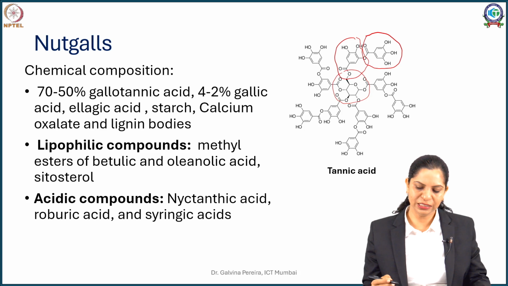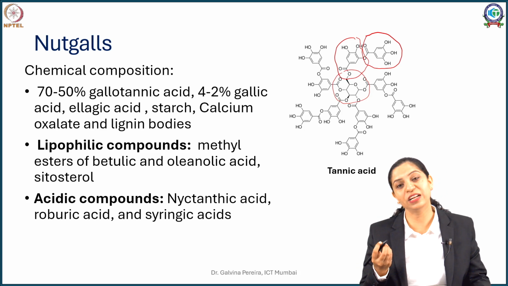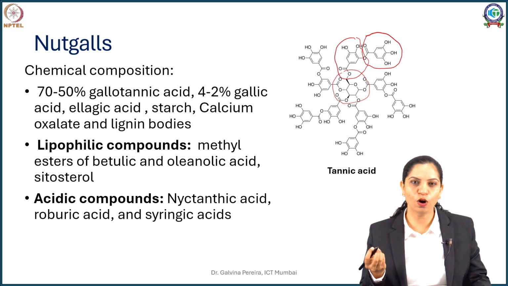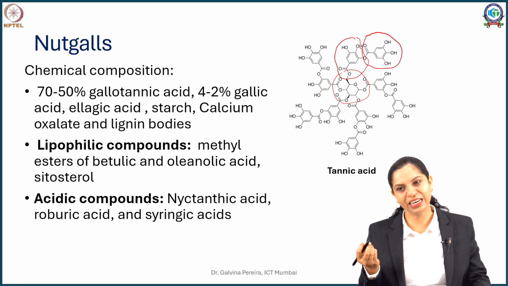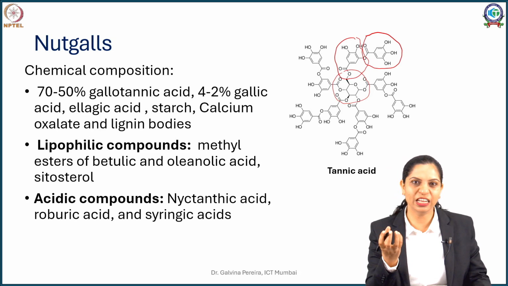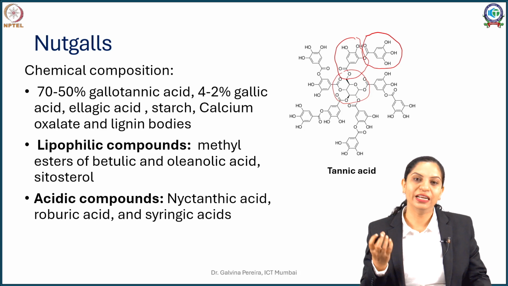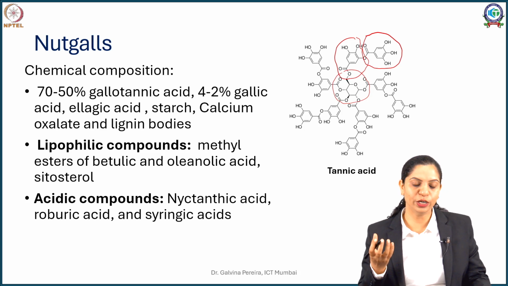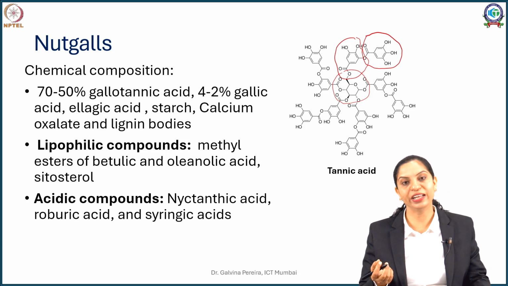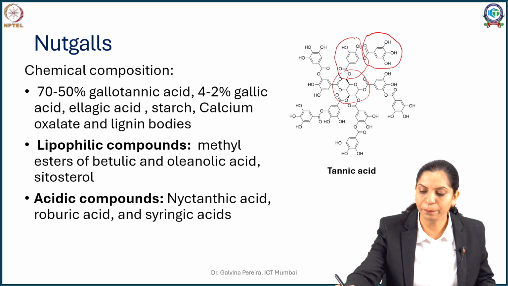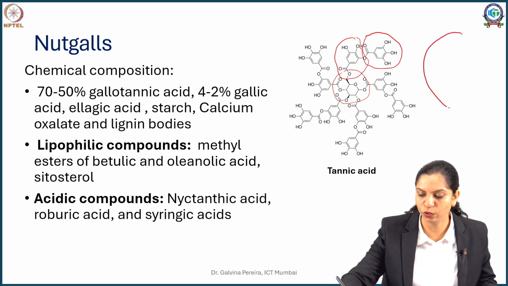Along with it, inside the fruit, you will have deposits of rosette to prismatic calcium oxalate, and very characteristic lignin bodies. Because they are very hard, stiff, lignin starts depositing in them, and you can easily identify that by staining it with phloroglucinol water. So if you see the appearance, what is going to happen is, this is like a stalk of it.